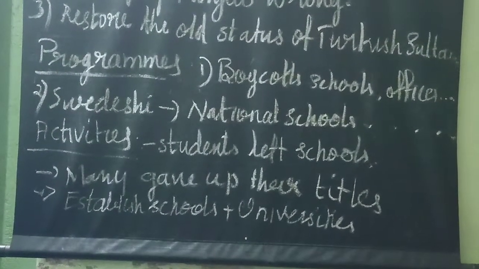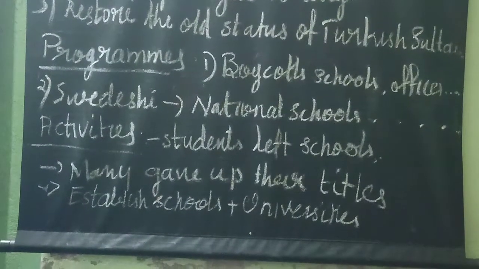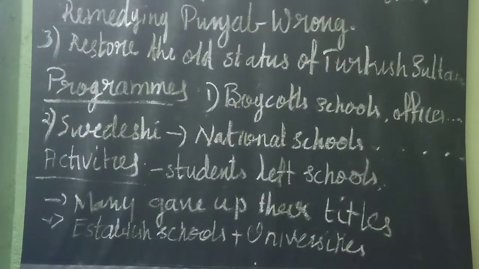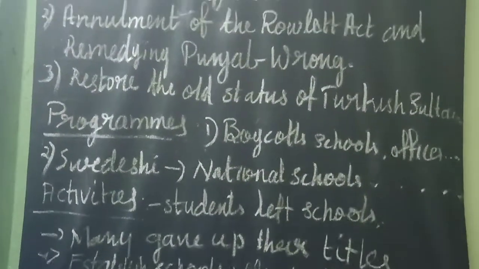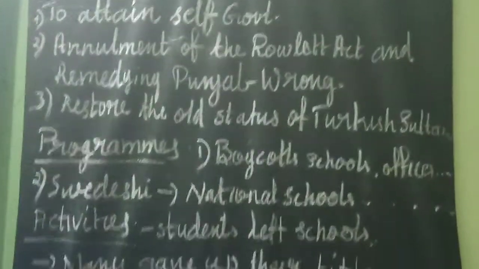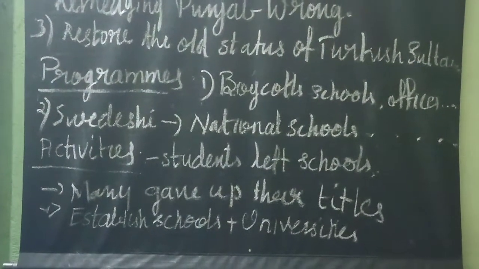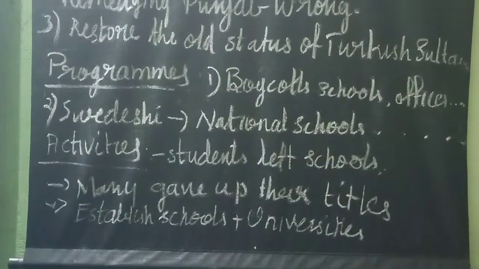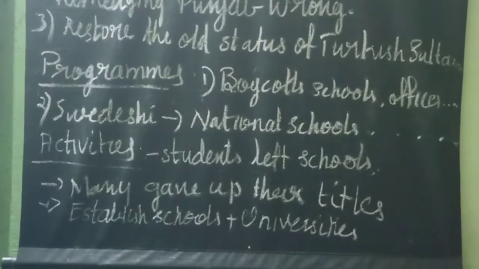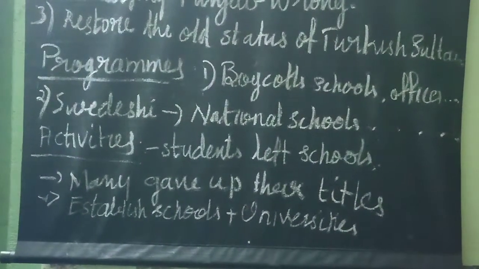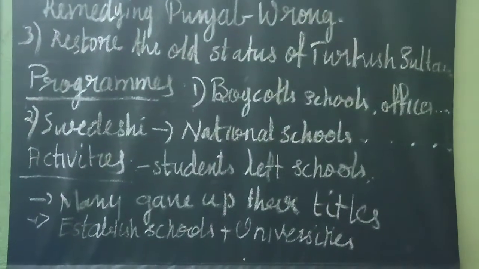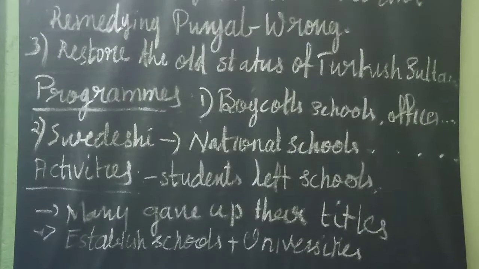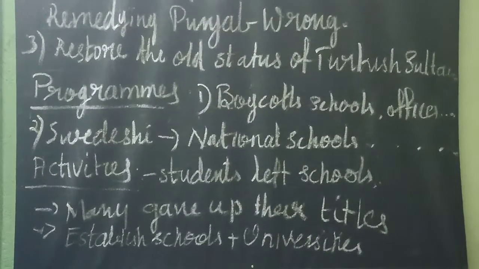Then some prominent people like Ravindranath Tagore, great people who had got certain honorary titles and awards from the Britishers, renounced them, that means they abandoned and left those titles and awards. And Gandhiji also returned whatever medals he got that were awarded for his work in South Africa. When he was in South Africa, he worked hard against racial discrimination, so he got certain medals. Those medals he also returned as a part of the non-cooperation movement.